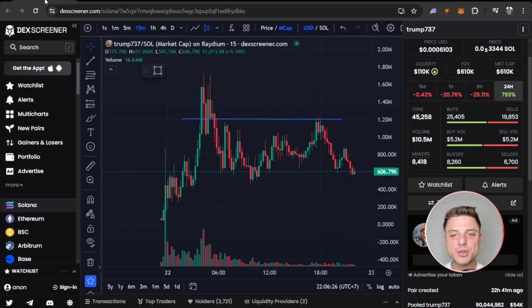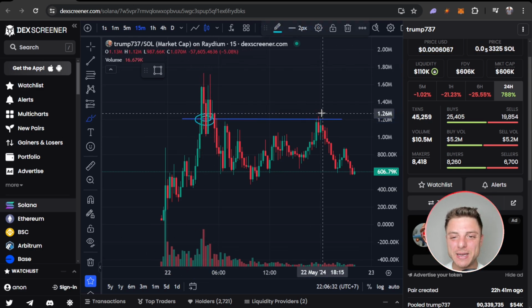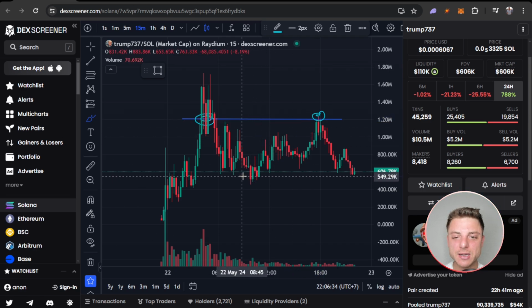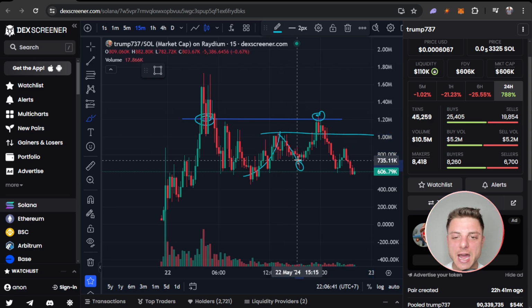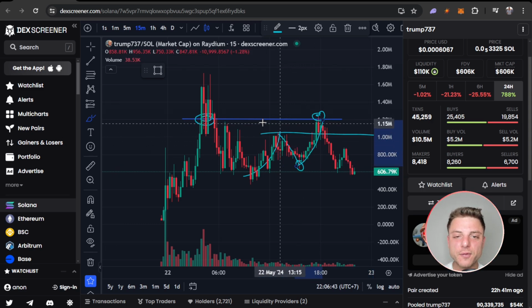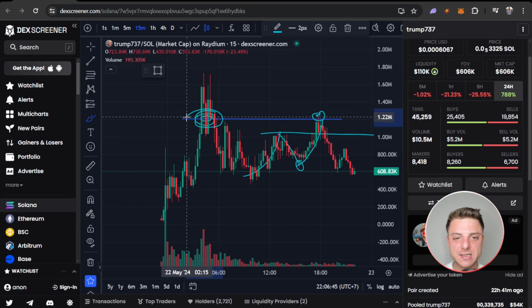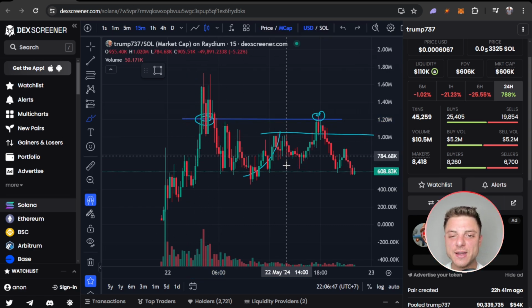And there we have it. The trade played out exactly perfectly. As I said, I was expecting this liquidity level around that $1.2 million to be hit. It actually made a lot of sense that we came up to this level right here. It was actually exactly at that $1 million market cap. Came down, had a bit of a retracement, had that one final push to actually retest this liquidity level right here, and then finally